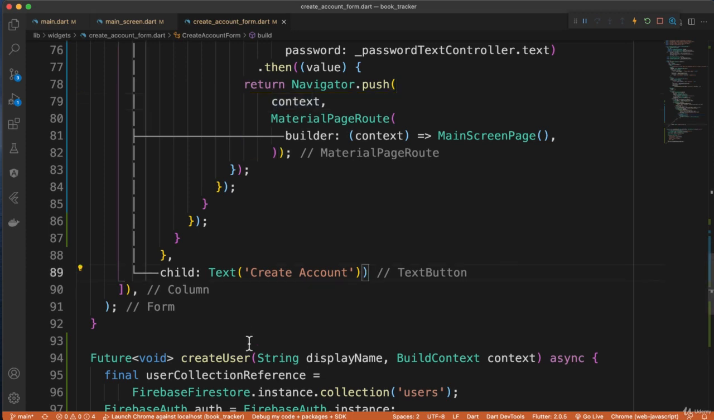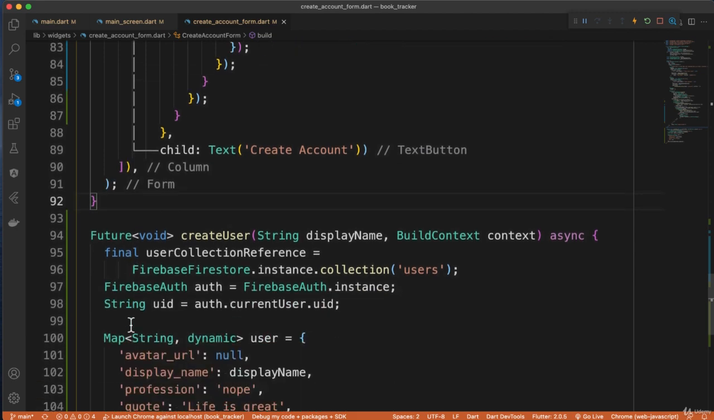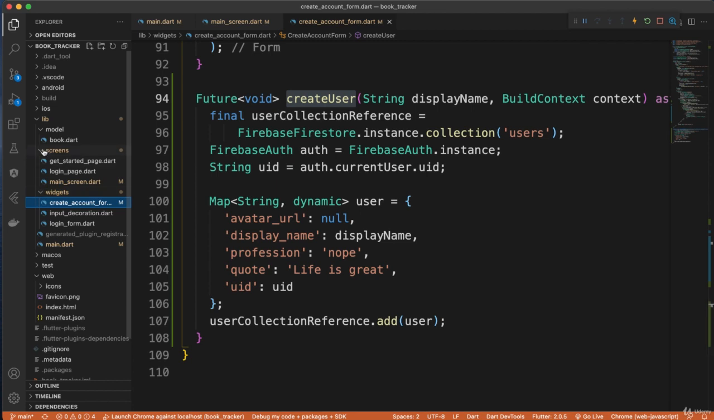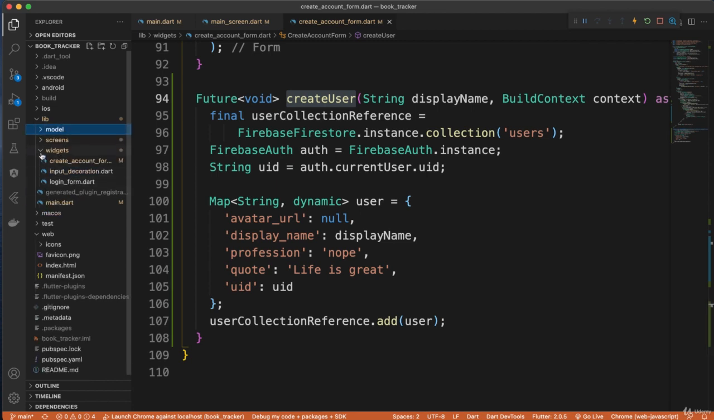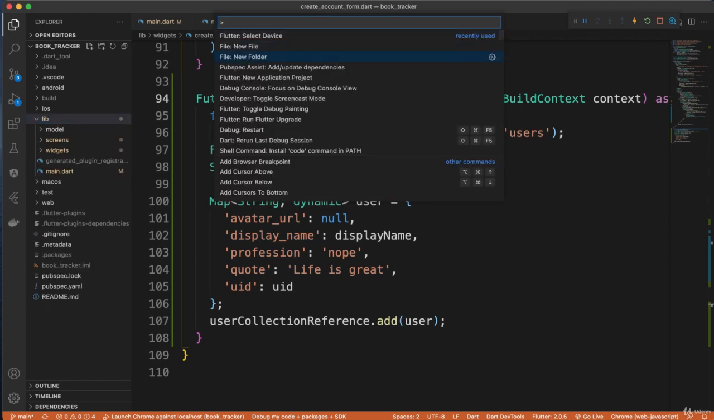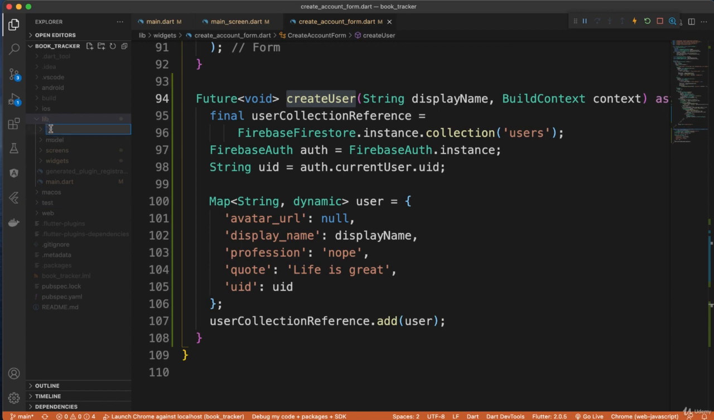Before we move forward, let's go ahead and refactor a few things. Let's move this method outside of here. So first, let's go to our project and close down all of this mess that we made. So inside of lib there, I'm going to create a new folder and call this services. And still inside of our services, I'm going to create a new file. I'm going to call this